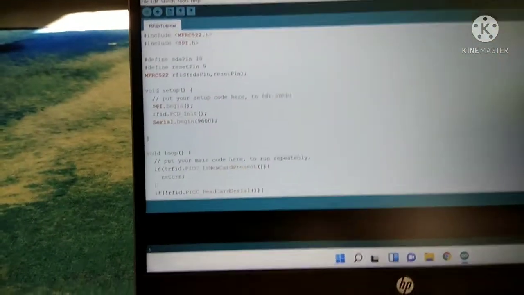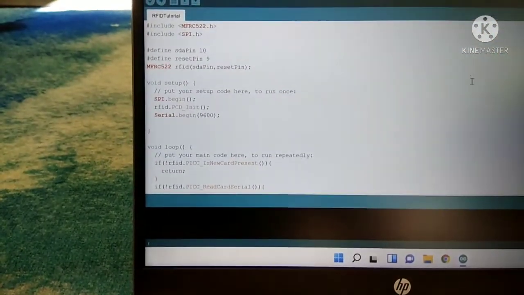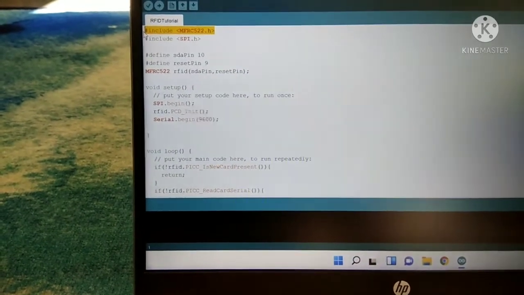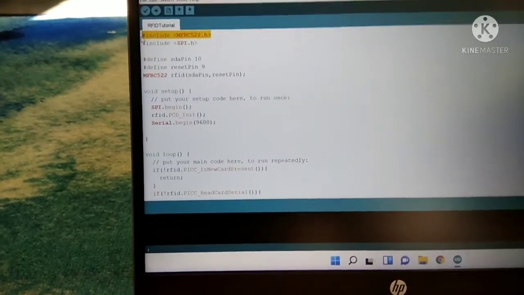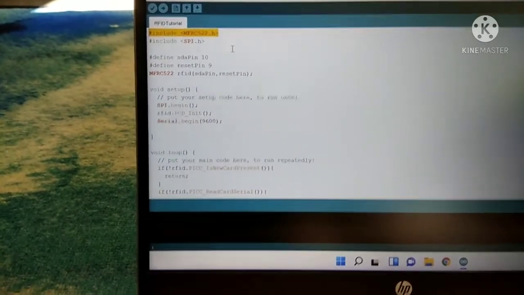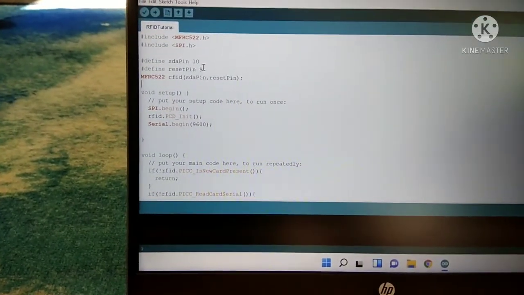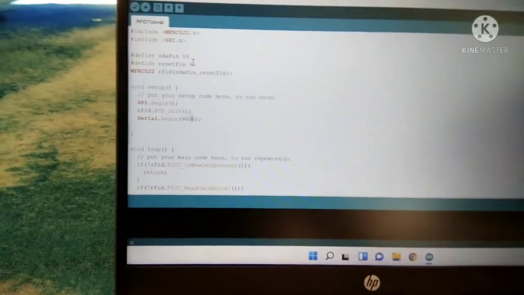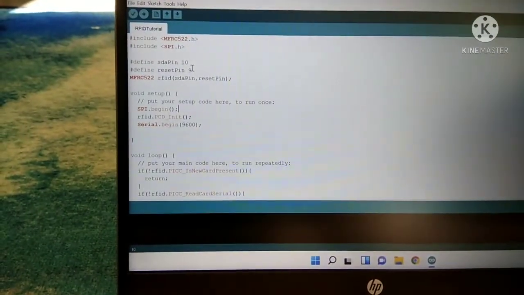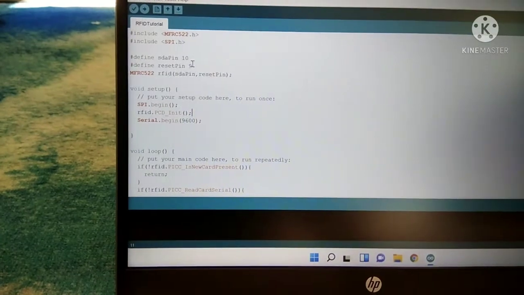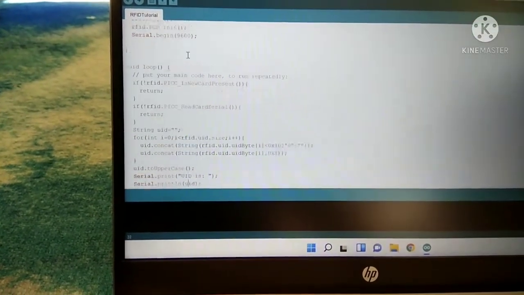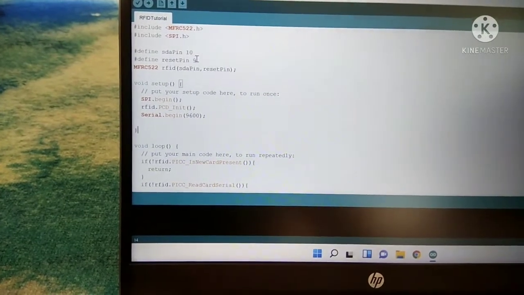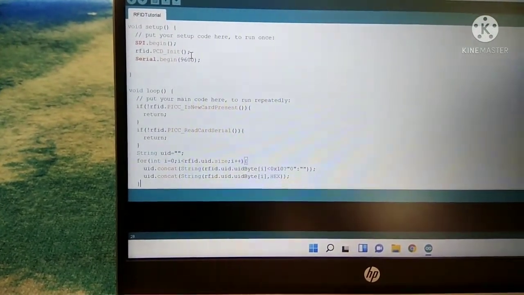So this is our code part, and here, as you can see, first of all, this is the library which we are adding: include MFRC522.h. We also need to add the SPI library as well. I don't know why, but yes, and we just need to start it by using the SPI.begin command, and there is no use in front of that, but let it be. We will start our programming part.